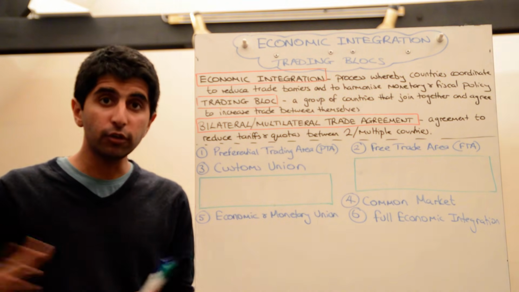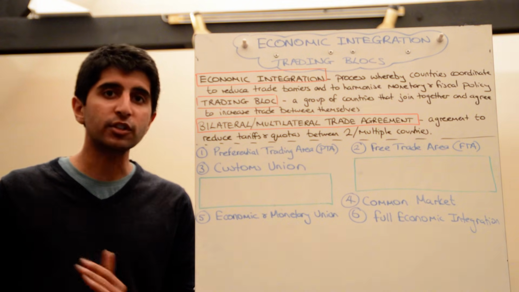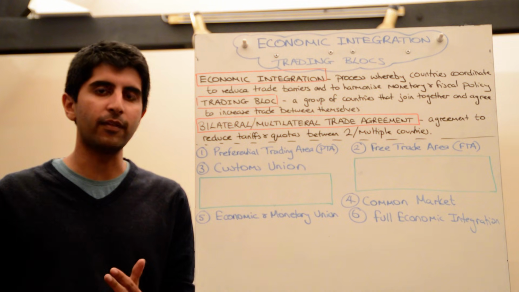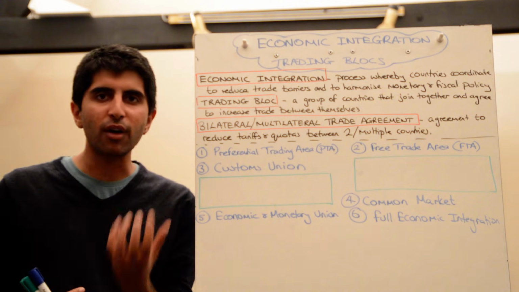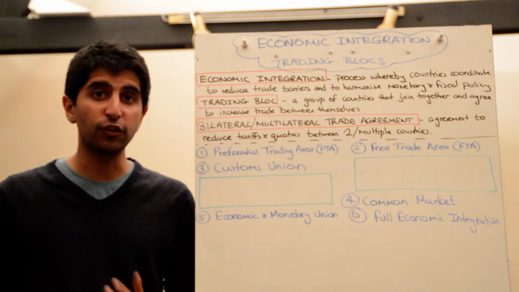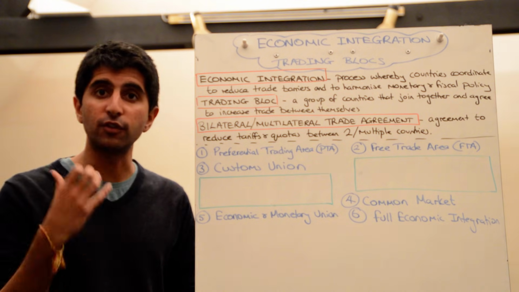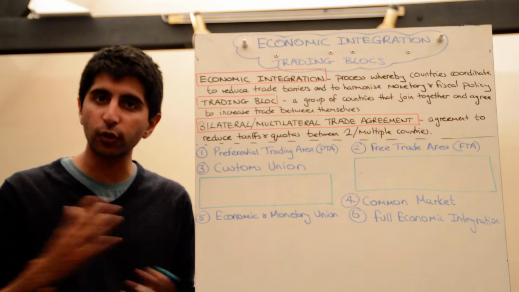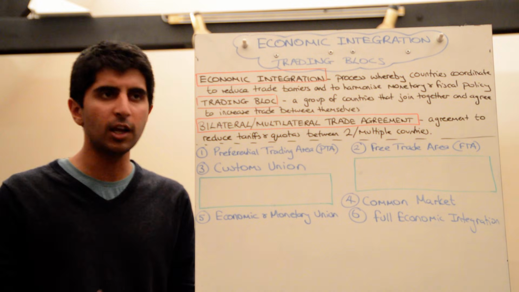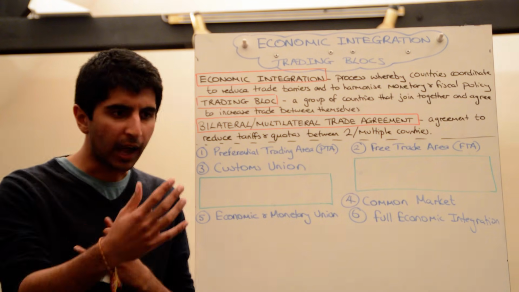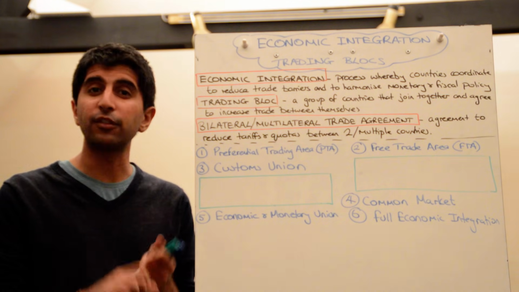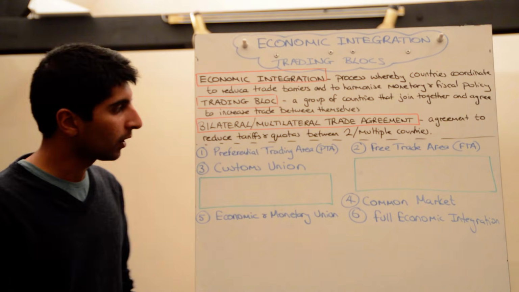This is where countries join together to reduce tariffs or reduce quotas, but only on certain goods and services. So countries have preferential access to goods and services with reduced tariffs and reduced quotas. It's not a case of eliminating all tariffs and quotas, that's not how it works, eliminating all protectionism. Just on certain negotiated goods and services, you might have a reduction in tariffs and a reduction in quotas. Okay, so it's quite common